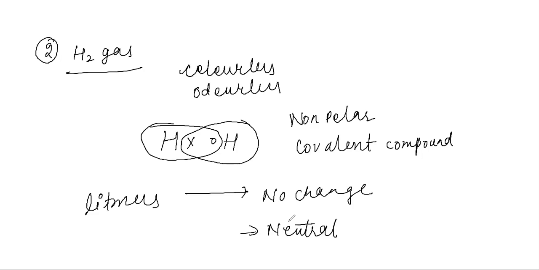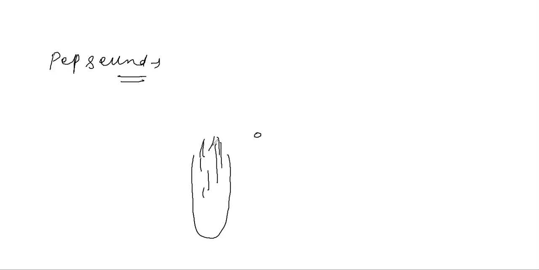Hydrogen gas test you already know. One is known as the pop sound test. How do we do that? We take a burning wooden splinter near the test tube. From this test tube hydrogen gas is coming, and you carry your wooden splinter to it. It will be extinguished, and it will give you a sound